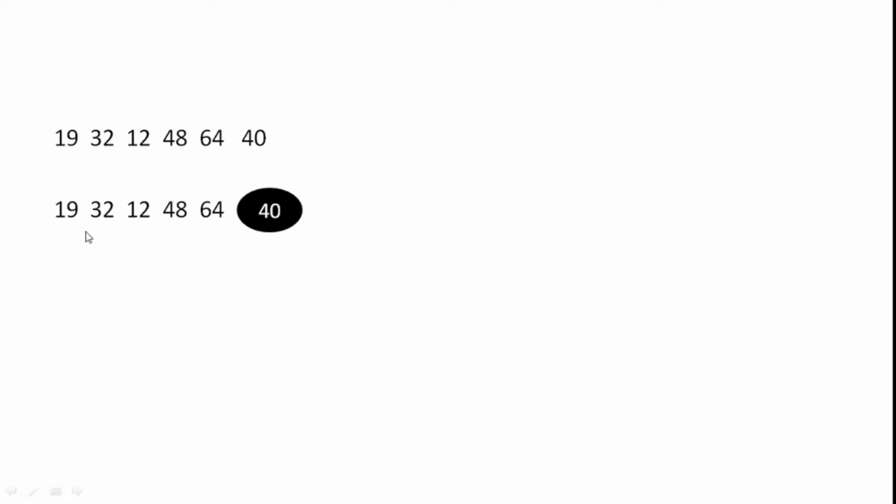index 6. The quicksort algorithm says that each time you have to compare the element at the j position with the pivot element. If the element at the j position is lesser than the pivot, then increment the value of i and exchange the values at i and j. If it is not lesser, then it must be greater, so don't do anything. Increment the value of j and compare the next element with the pivot.